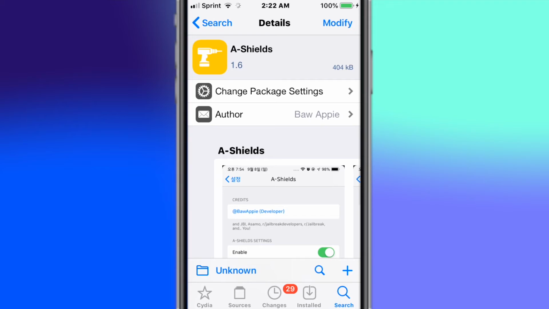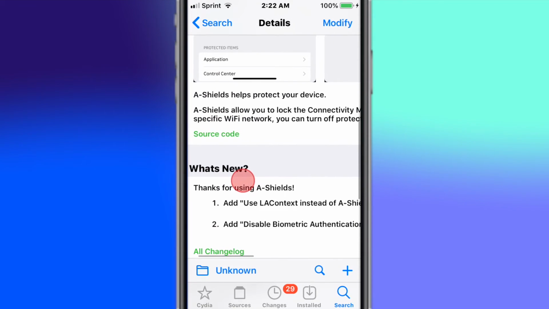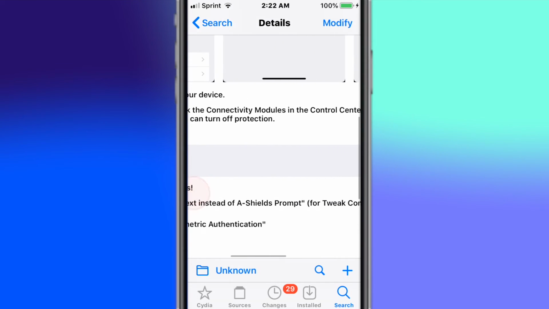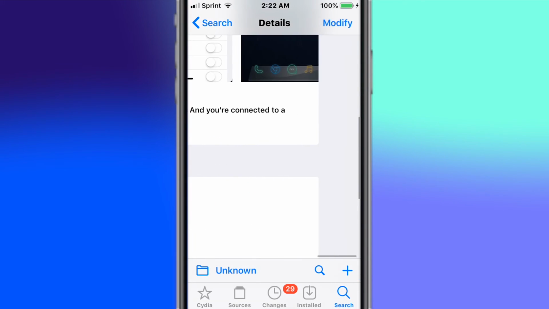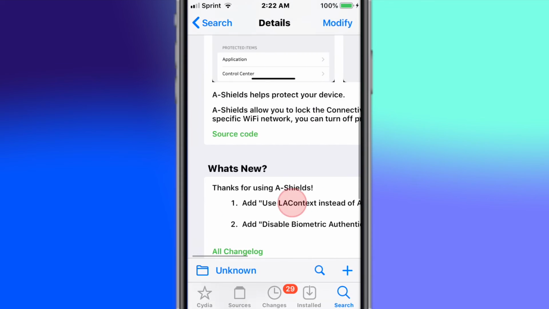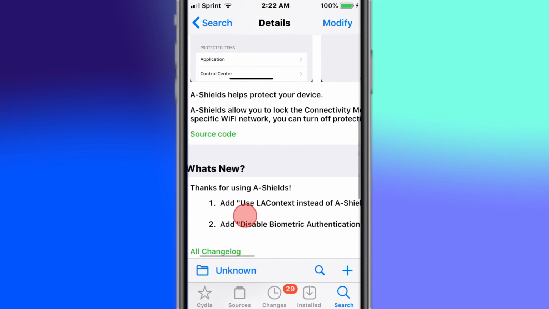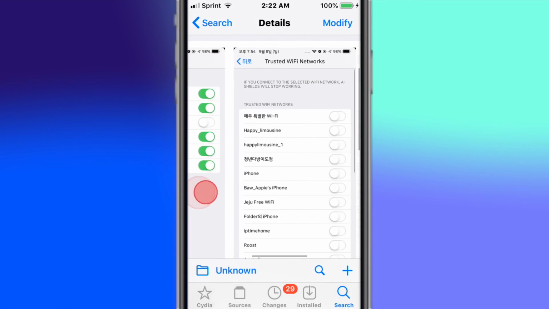You set Face ID or Touch ID manually in the AShield settings. Pretty cool. It helps protect your device, allows you to lock the connectivity modules in the control center, or lock your apps. And if you forget to restrict Wi-Fi, you can turn off the protection. So yeah, pretty cool. Just kind of like